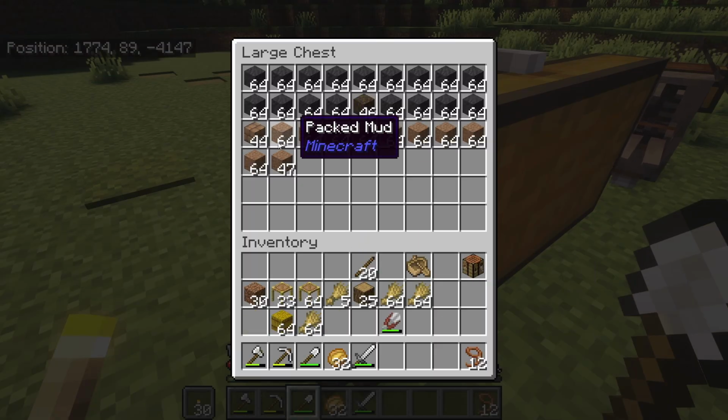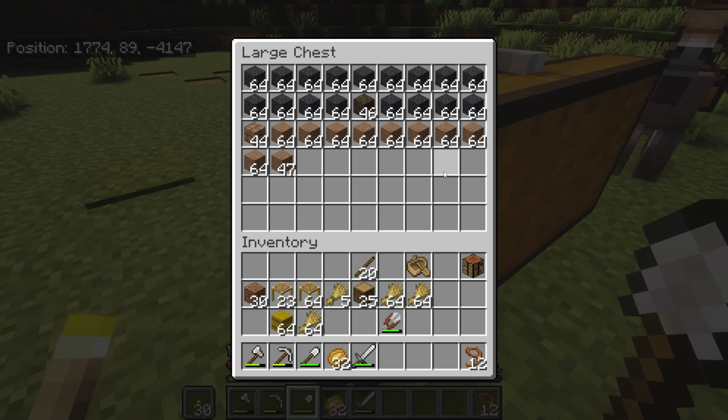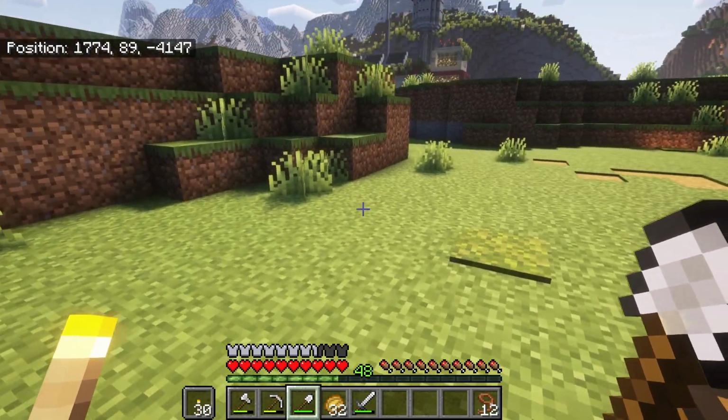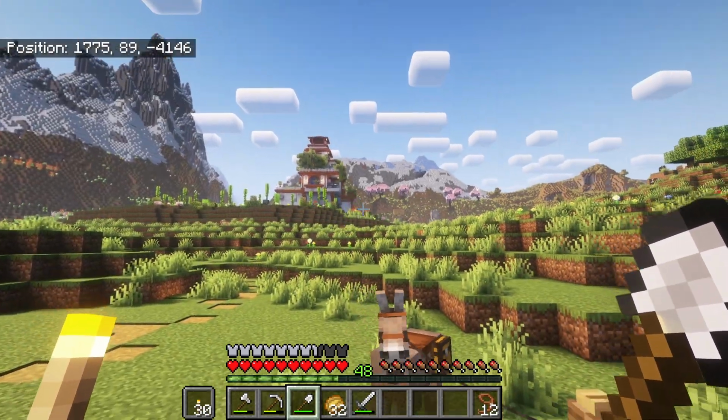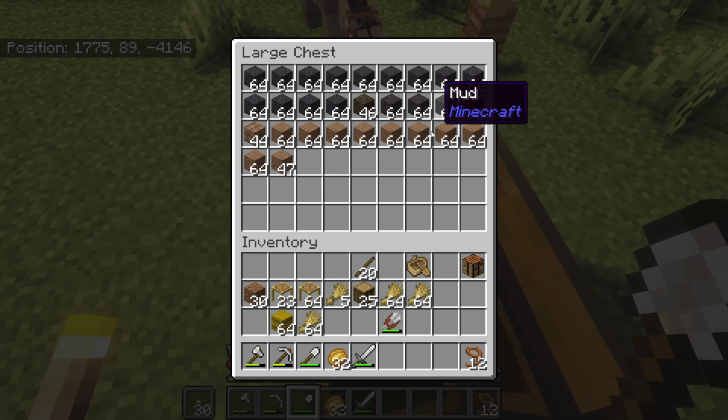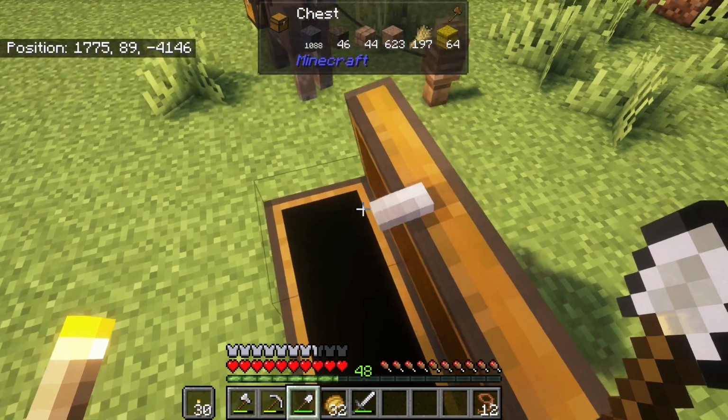Okay, so I've got a little bit of packed mud to get started with, and this will at least be enough to get me from the hotel over to here, and then I'll also have plenty of mud left over for when I expand. So I'm going to go ahead and just stash all of this here for now, and as